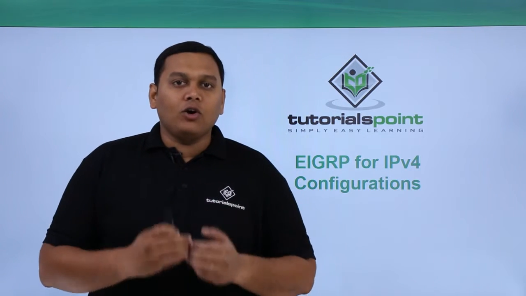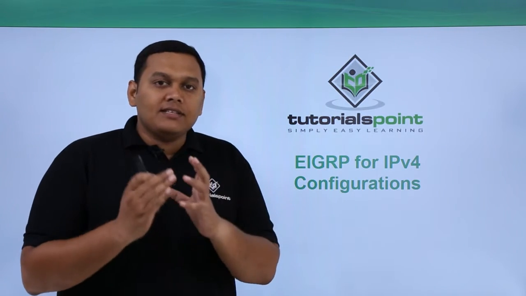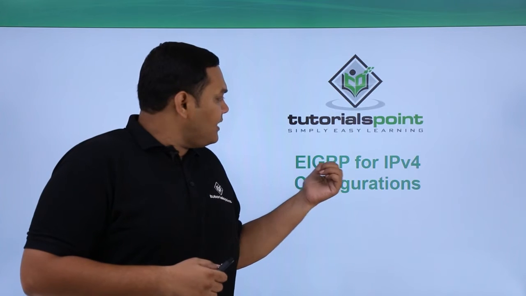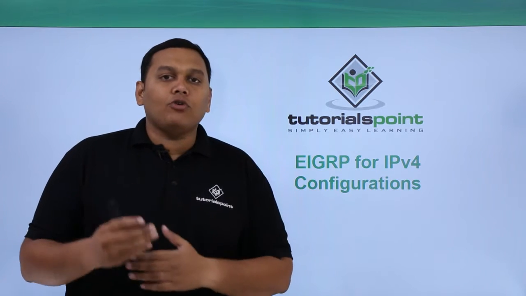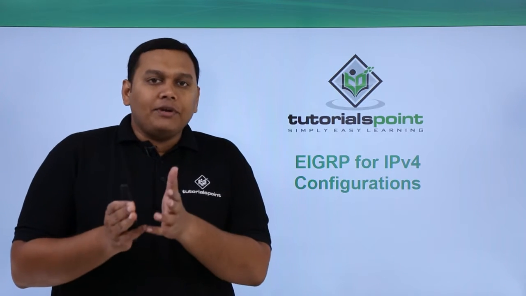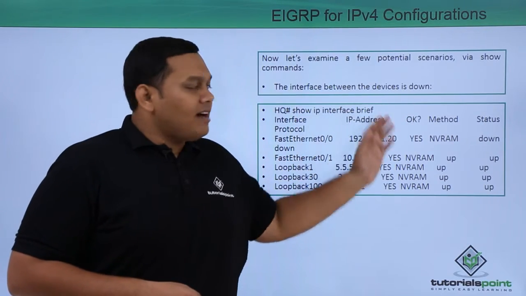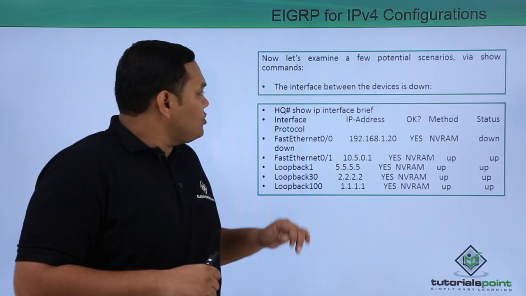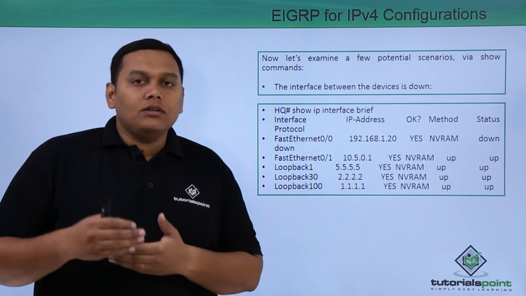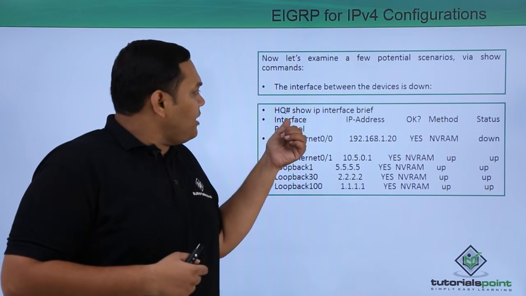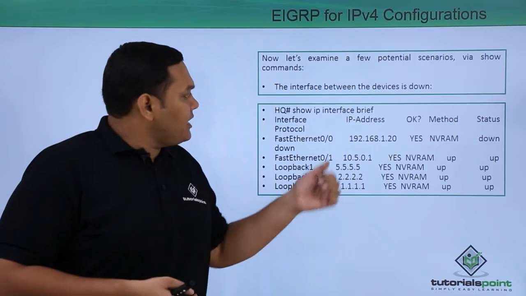In this video, we are going to discuss the potential scenarios when you are configuring EIGRP for IPv4. The first scenario is that the interface between the devices is down. This is the headquarter router, and when you type in the command show ip interface brief,